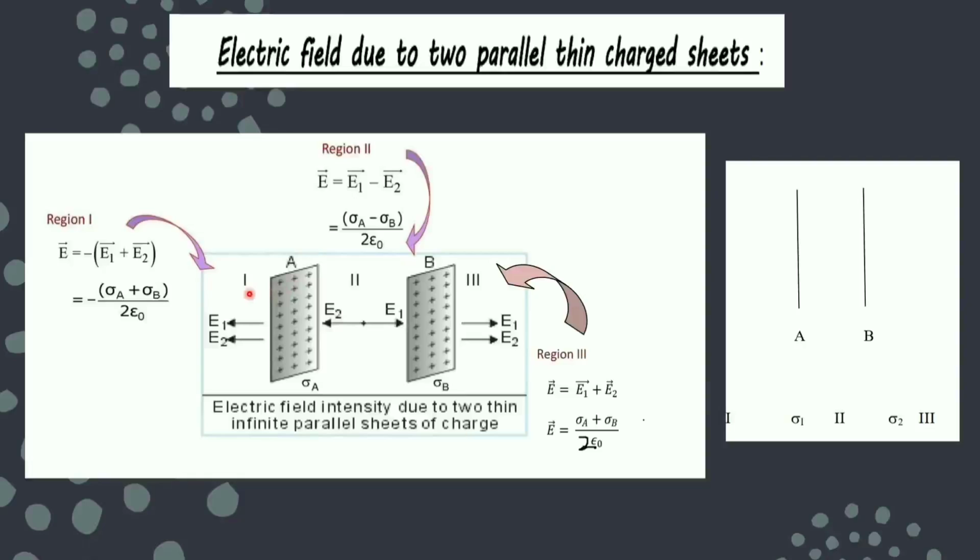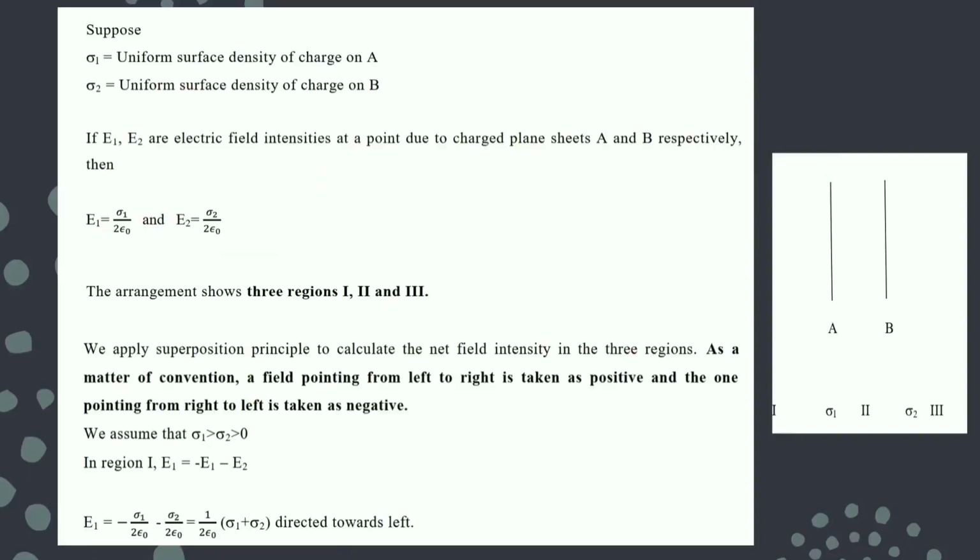I can write the electric field in all the three regions, first, second and third, as shown in the diagram, and the explanation is already with you. So you can work out the things. This is very important, because on the basis of this you may write a special case also, if values of sigma 1 or sigma 2 are given to you. If you want to write the steps of derivation, you can write.